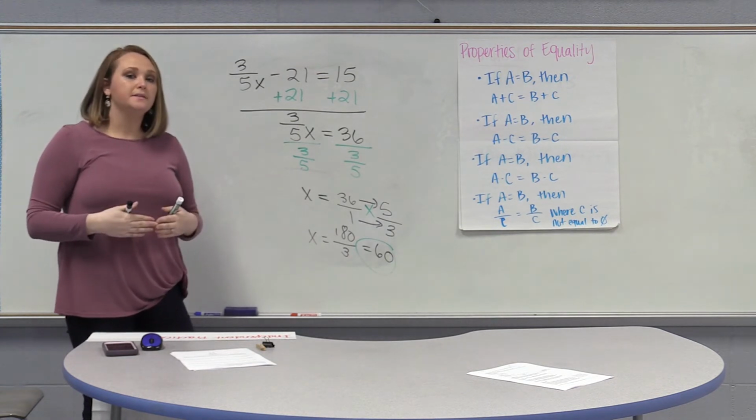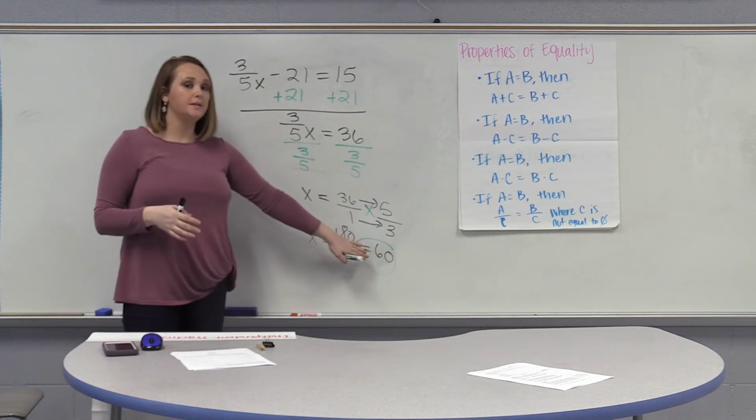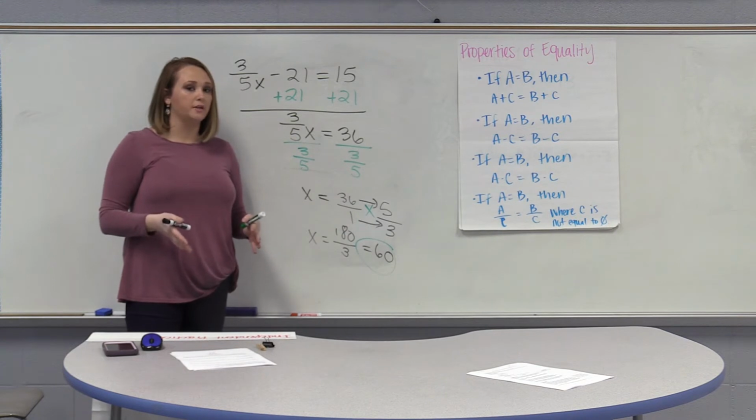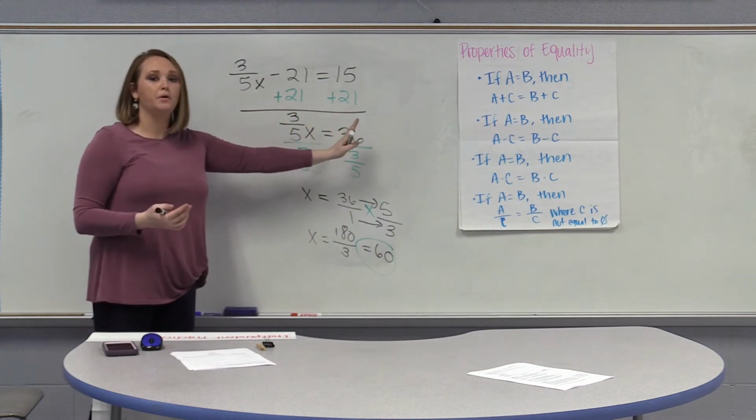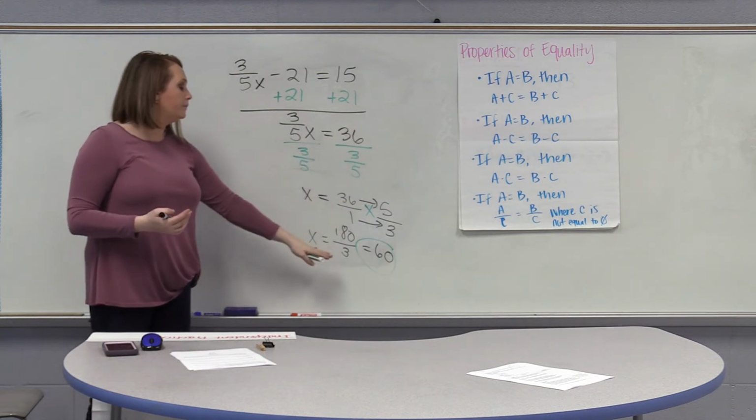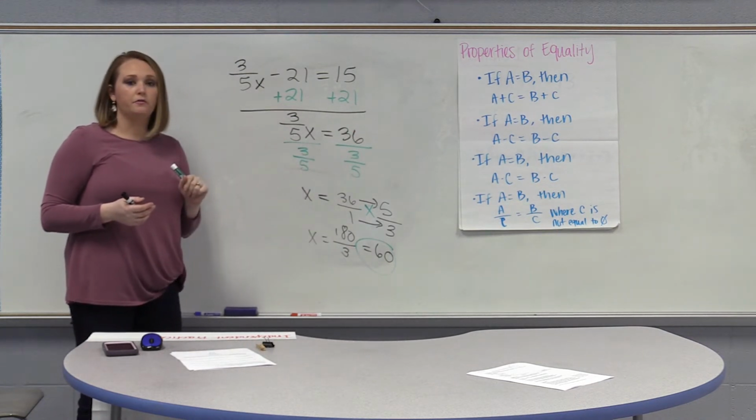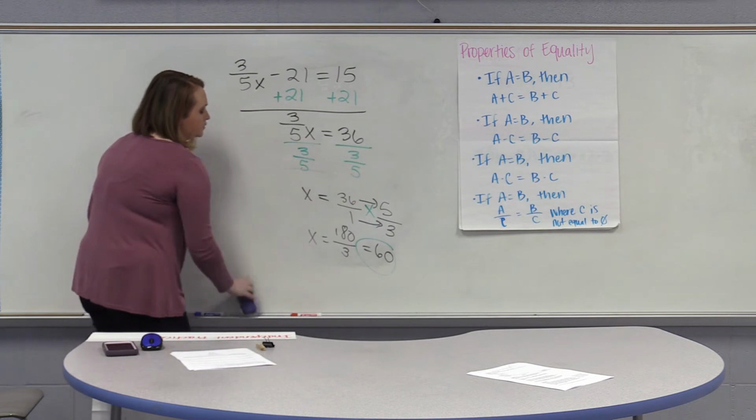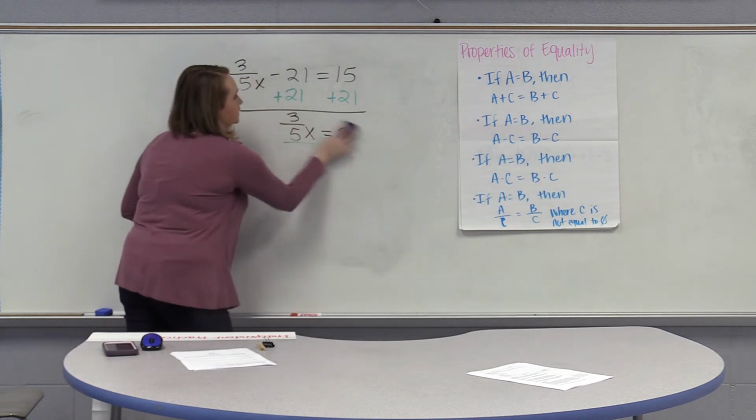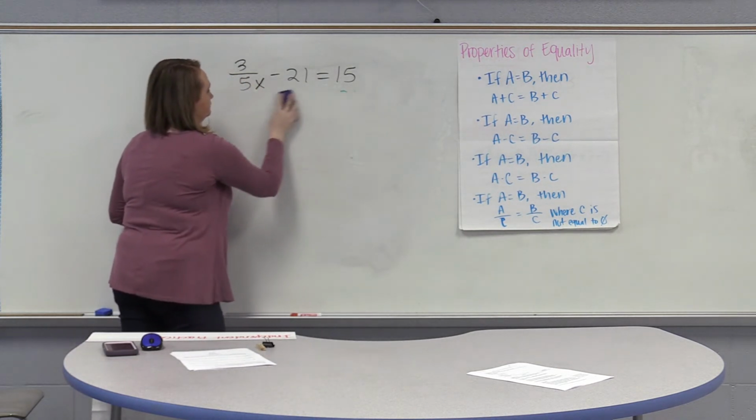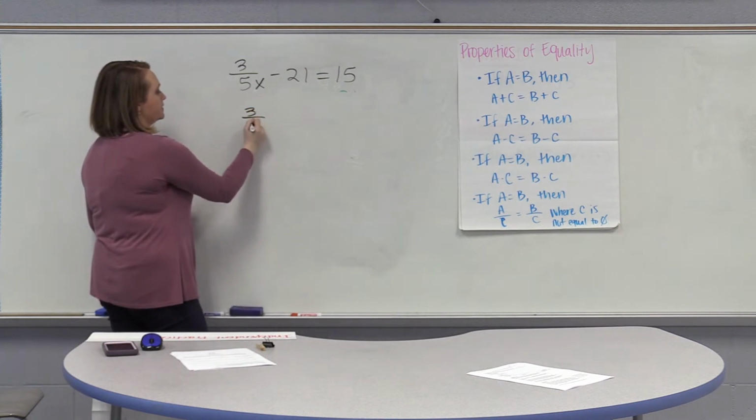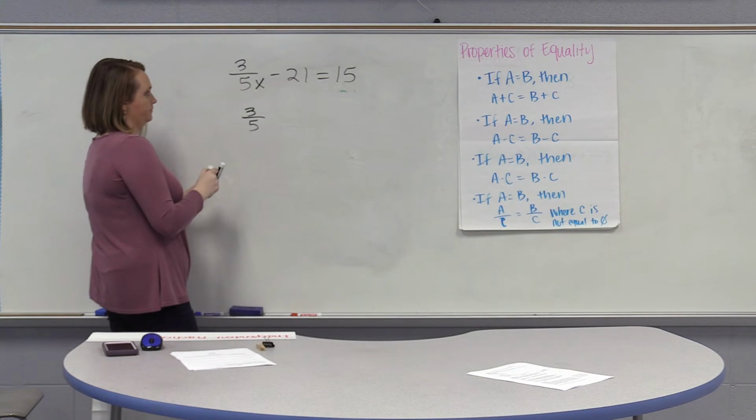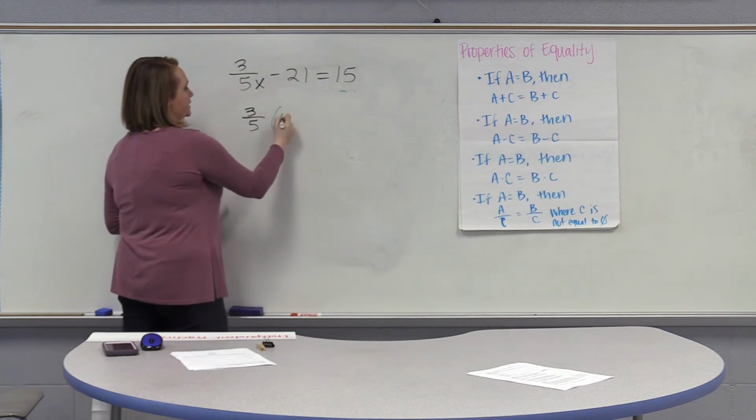So now we have to decide, does x equal 60 satisfy the equation? If it does, then I'm going to get the same value on both sides of the equal sign when I plug in 60 for my variable x. Let's try the left side first. So I have 3/5 times 60